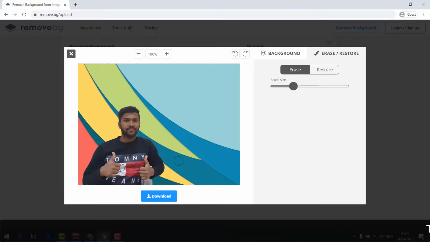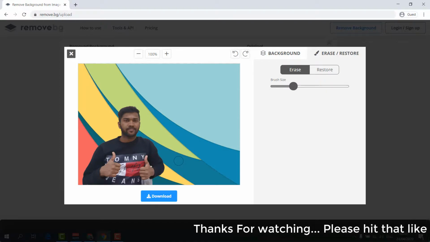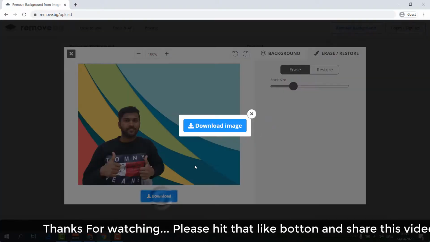So this is how you can easily quickly remove any picture background within this particular website, and you can easily download this picture